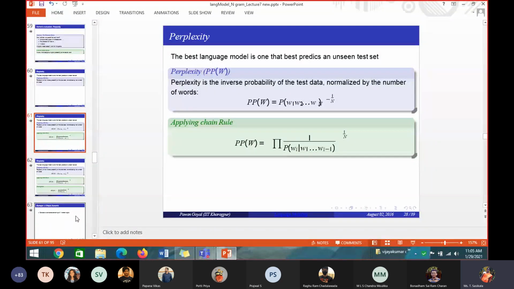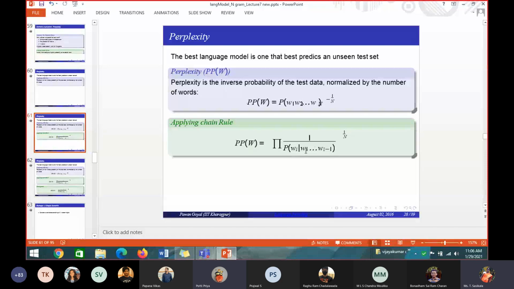If I want to make it a bigram, suppose we want to use the chain rule for bigram, what will your formula be? Can you tell me the perplexity of a bigram model? This is the perplexity for a general chain rule, given an n-gram model. So if it's a bigram, what will be the formula for perplexity using the chain rule? Replacing n by 2, a square root will come. No, bigram means how many words will you take into consideration? One from the context.